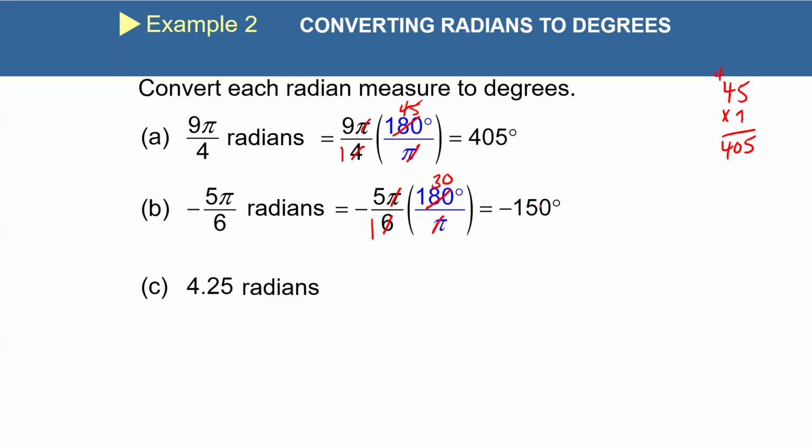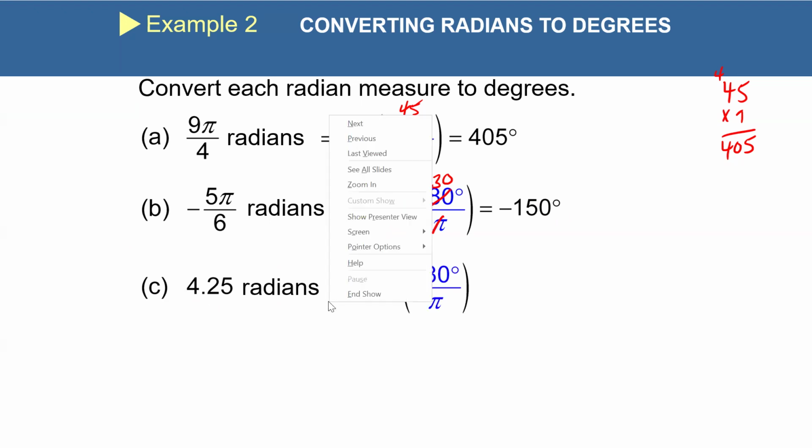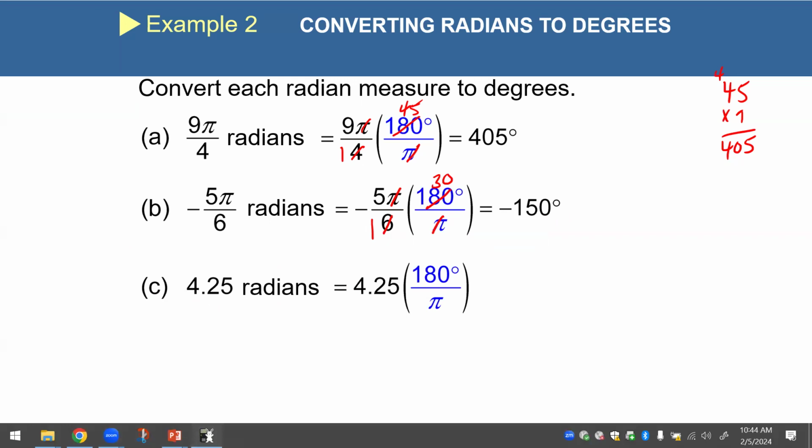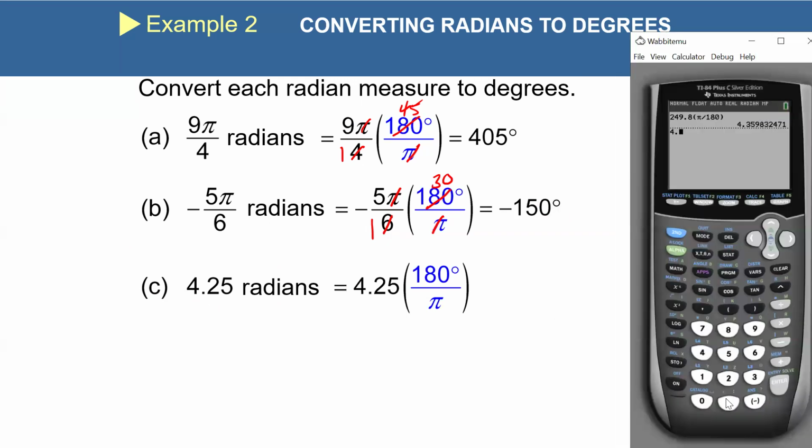If it's given to me in radians and decimals, that means I can go straight to the calculator. Does that make sense? So I'm given 4 and 2500ths radians. That means I'm going to plug this into the calculator. So we're going to go to our calculator, and we're going to input 4 and 2500ths radians times 180 divided by pi. And we get